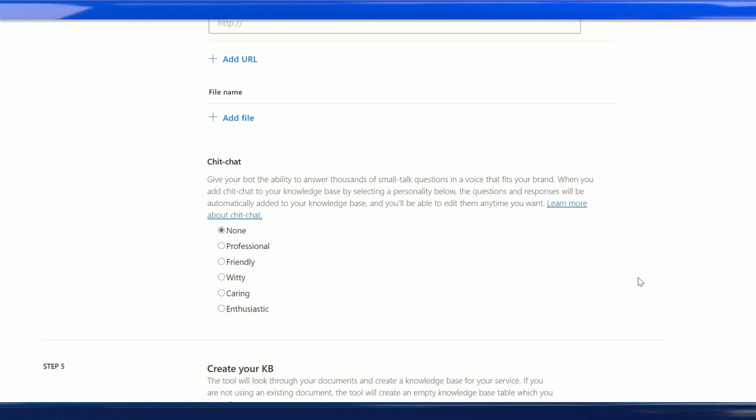You can also add alternative phrases, which are additional examples of how a user might ask the same question, which helps increase the accuracy of the answers returned. Inevitably, users will ask questions outside the scope of the chatbot. To help you address these questions, Q&A Maker offers thousands of small talk questions in 5 different personas to help match the personality of your bot. When configuring a bot in the Q&A Maker portal, you can select one of these personas to handle questions like, tell me a joke, or when's your birthday?